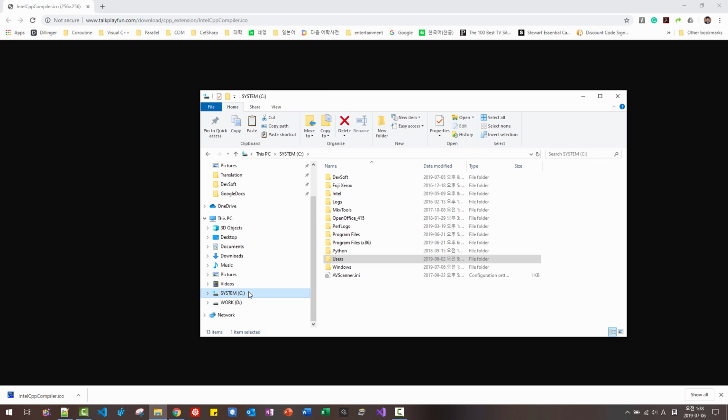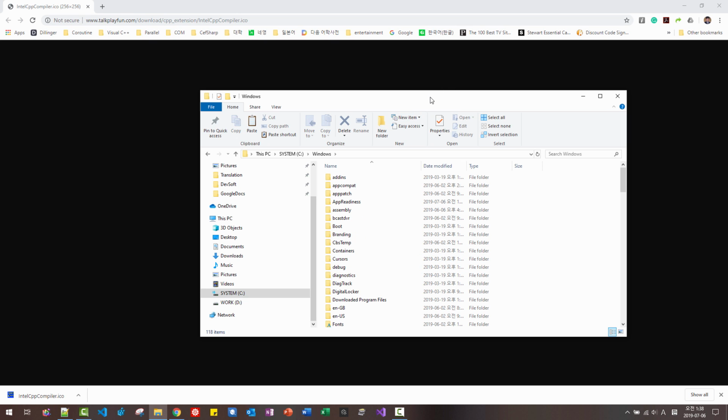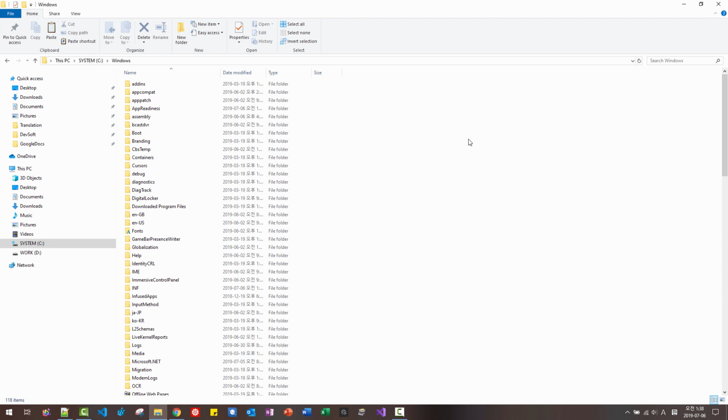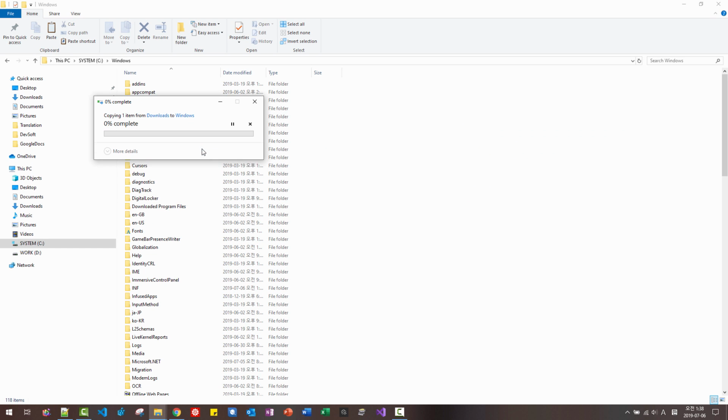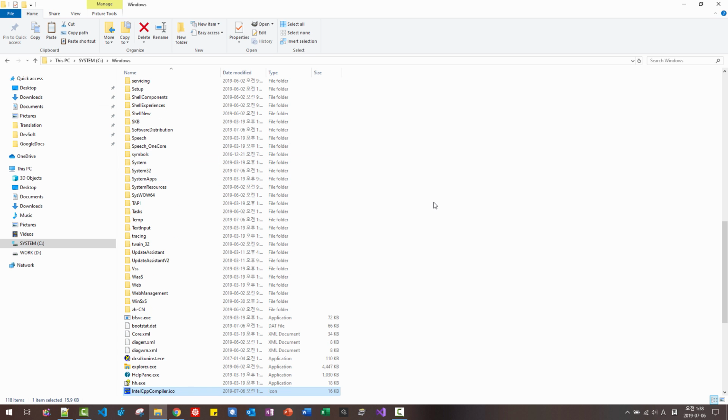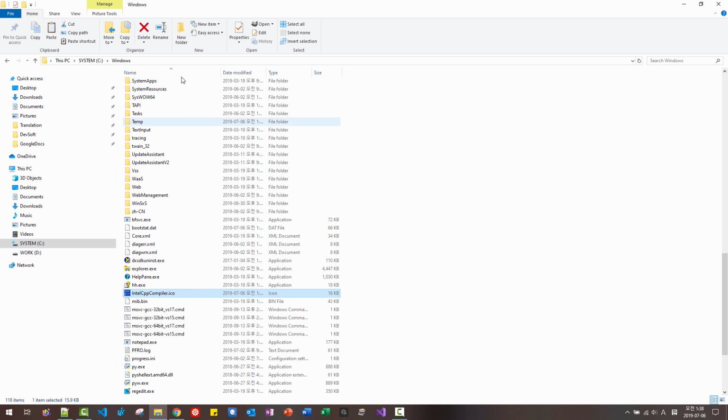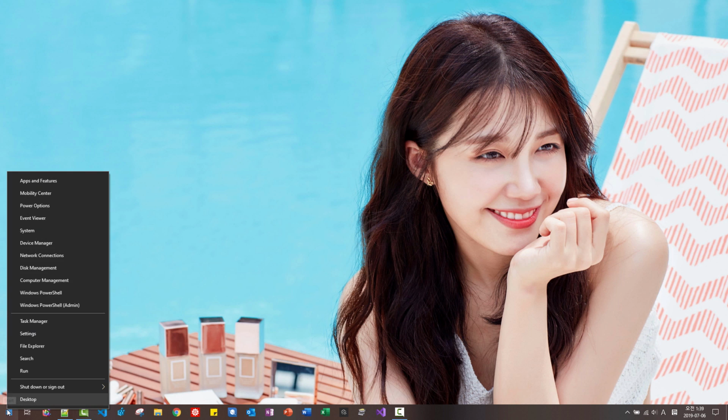then in C drive, Windows, right click, paste, continue. Then this icon will be saved in the System Windows folder. This is the icon file. Right click Start button,